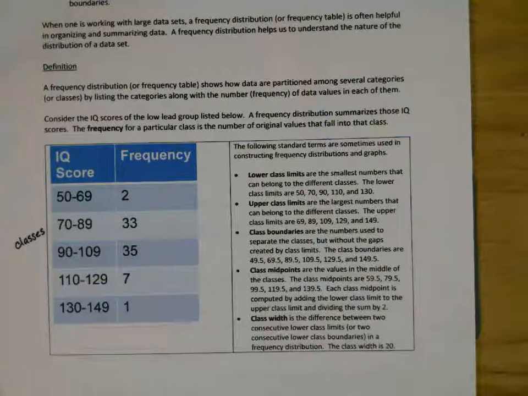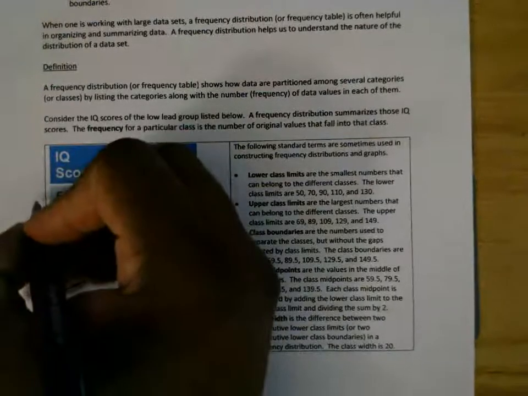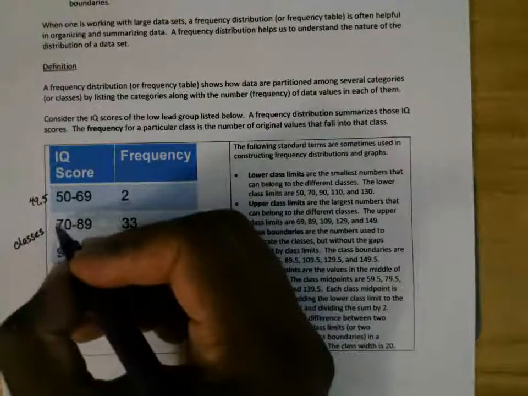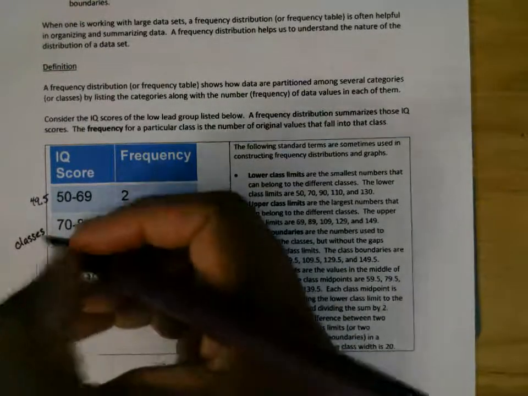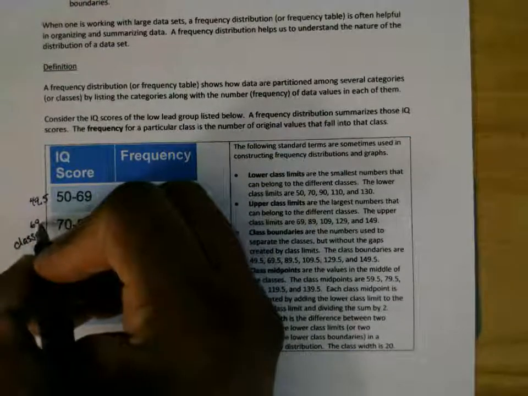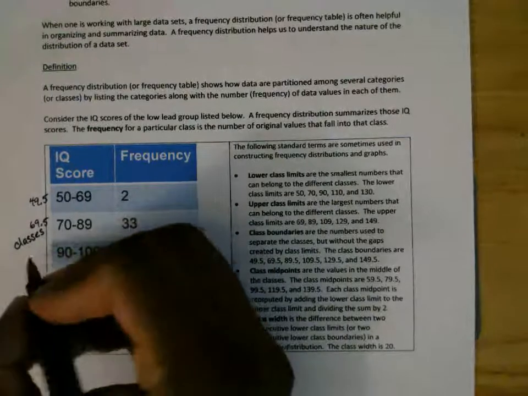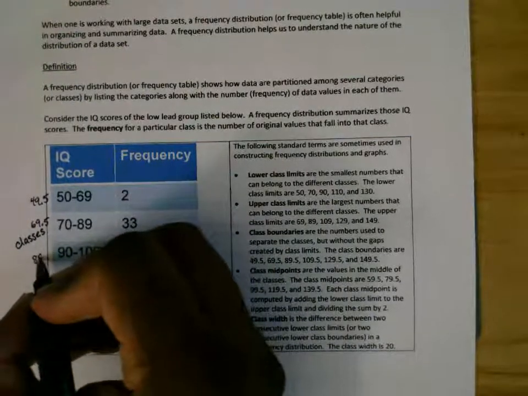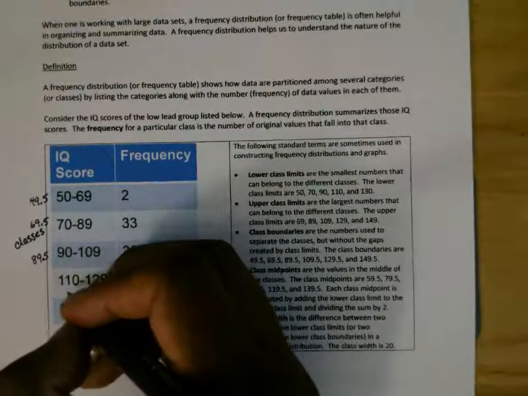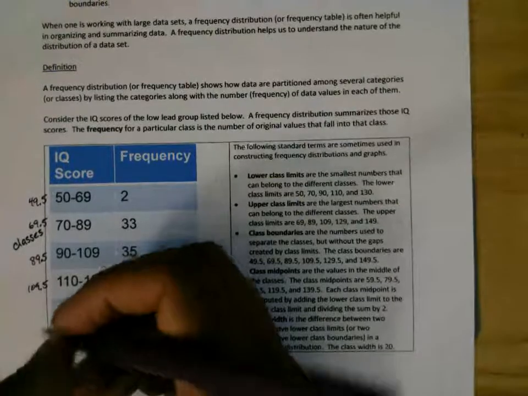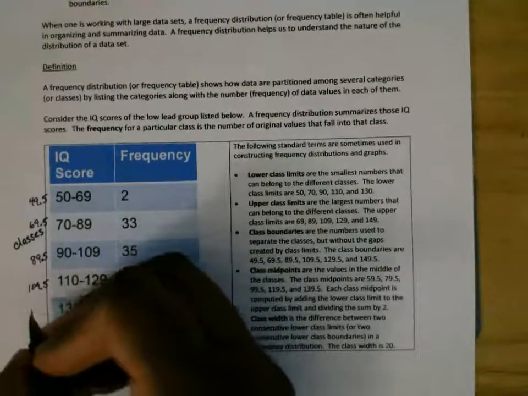So in this case, for the 50, if I subtract 1/2 or 0.5 from 50, I'm going to get 49.5. And I'll do the same for these other lower class limits. 70 minus 0.5 will be 69.5. And then 90 minus 0.5 will be 89.5. And then 110 minus 0.5 would be 109.5. And then 130 minus 0.5 would be